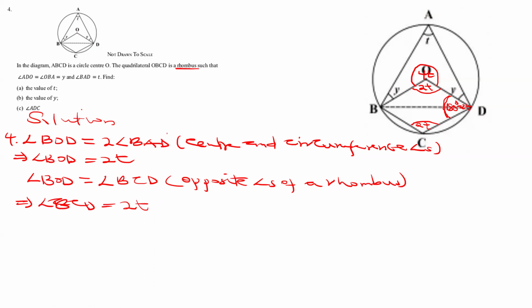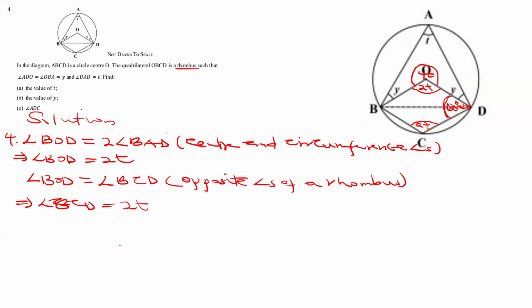However, I also know that I need to form an equation in T. This angle here and this angle, if I add, I should get 180. That is opposite angles of a cyclic quadrilateral, and they're the same as angles in the opposite segments. If you see your chord, this is in one segment, this is in another segment, they are supplementary. So your reason, you can use the cyclic quadrilateral,